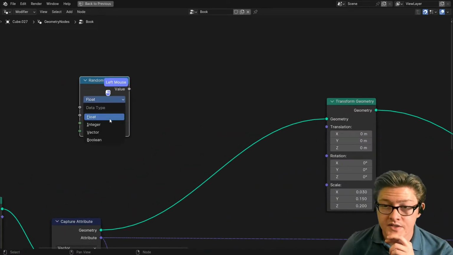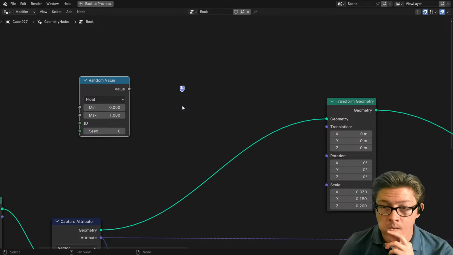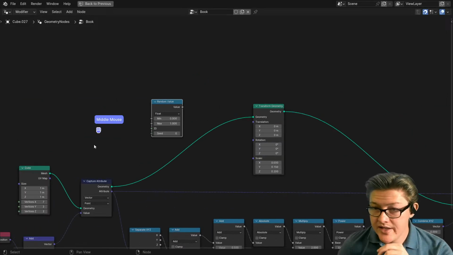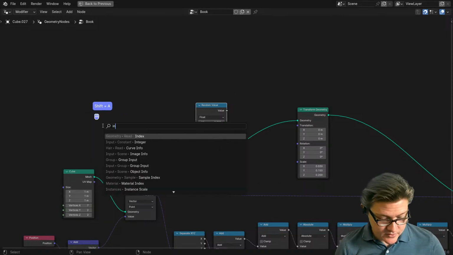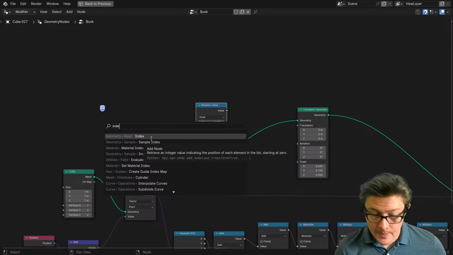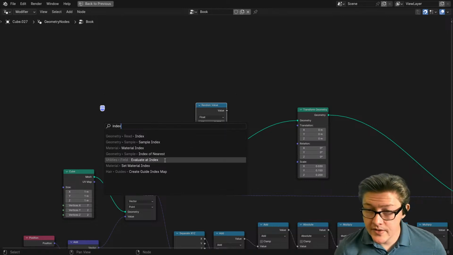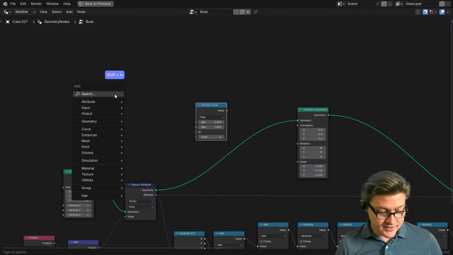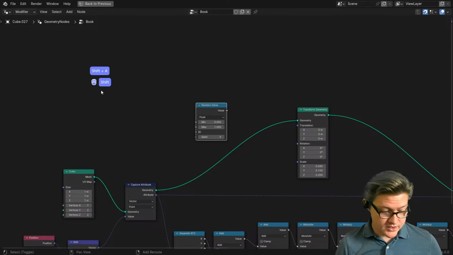If we set this to, okay, so we need it to be random per instance. So let's say, I think we need an index for that. So index of, let's see what we have. We have sample index, material index, index of nearest, index of, we need instances. Let's see, instance, well, let's just go through the